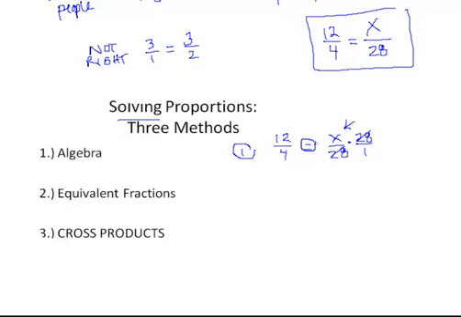But in order to maintain this equality, whatever you do to one side, you have to do to the other. So I'm going to write that on that side as well. Now you just need to see that 28 and 4 have something in common: 4 itself will divide 28 and 4. So 28 divided by 4 is 7, so 7 over 1, times 12 over, and 4 divided by 4 is 1, equals,